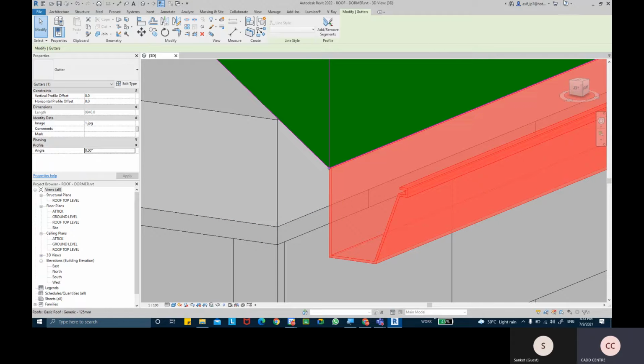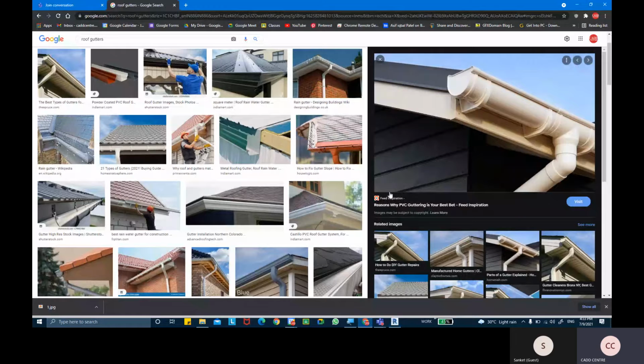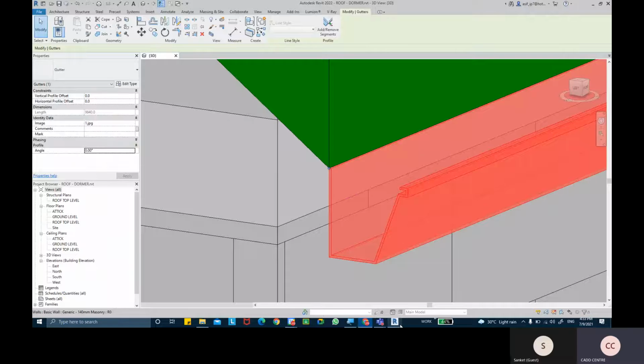Okay, now the thing is that I was looking at this image, the shape is half rounded, and this one is not the half rounded one. So I want to change the profile of this gutter. To change the profile, I'll come to the edit type.